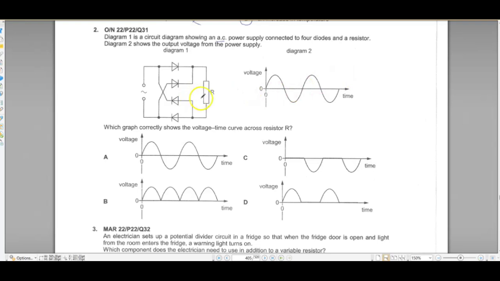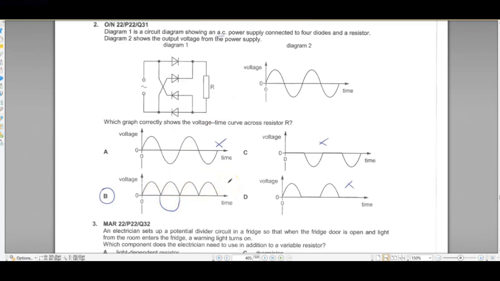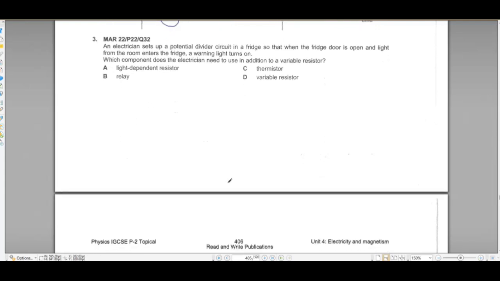So if the AC current is rectified, this is not what it is going to look like. This is what it's going to look like. It is not going to look like this, and it's not going to look like this. Okay? Continuously, the current is moving in one direction. Okay? It is not changing direction. So there isn't this over here. There are only crests over here. Okay? Okay.